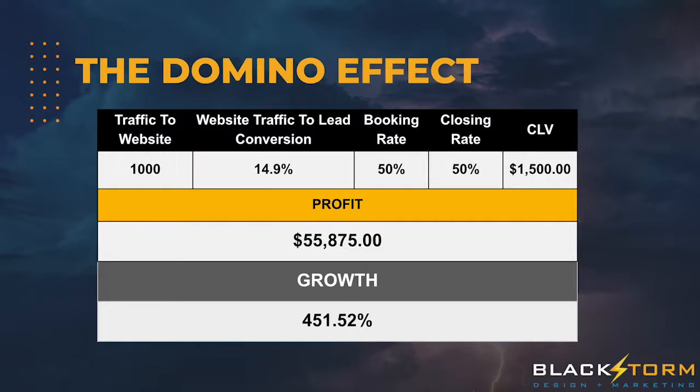All right, so we're using the ratio that was on that slide before. We kept everything else the same. The website traffic is still 1,000. The booking rate is still 50%. The closing rate is still 50%. The client value is still $1,500. The only thing that we've changed is the website design. That is the only thing in the entire marketing campaign that we changed. And that produced, we went from